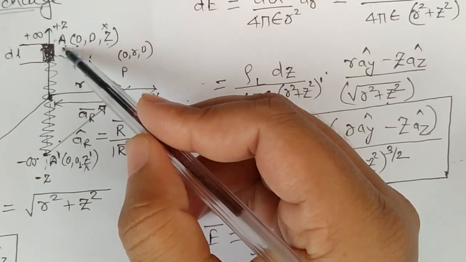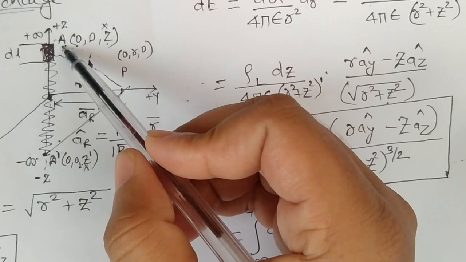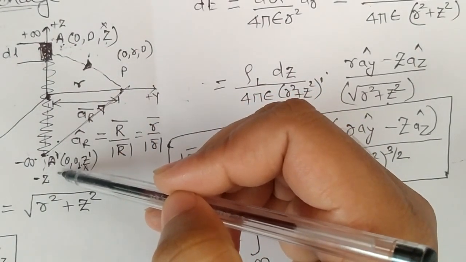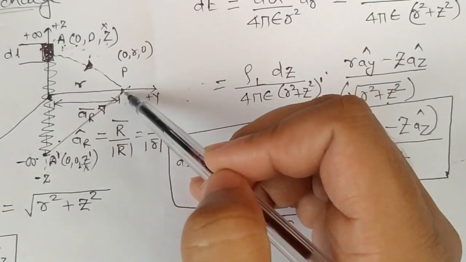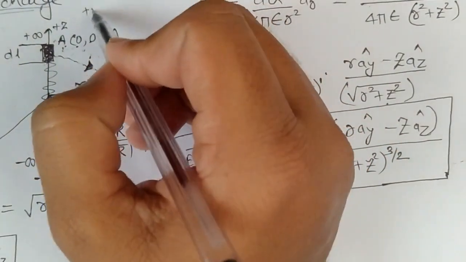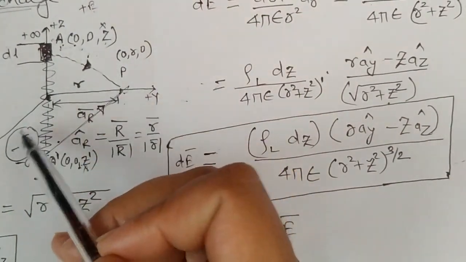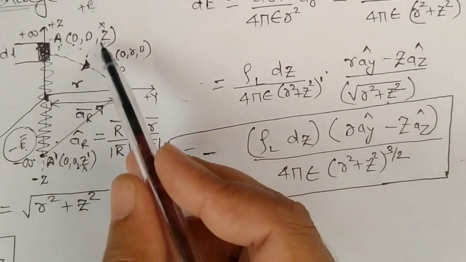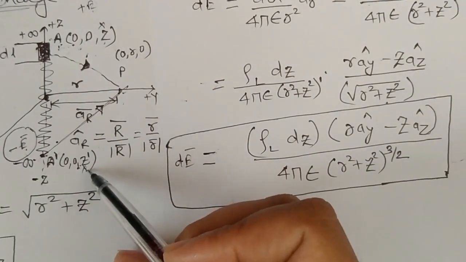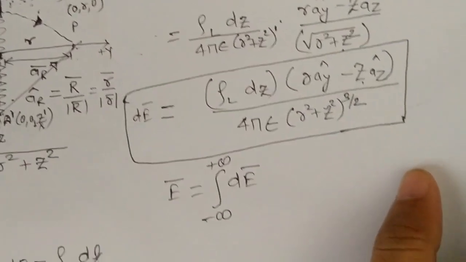Point A is located at some distance from the origin, and A dash is located at the same distance. Therefore the electric field intensity generated because of point A will be equal to the electric field intensity produced by point A dash. The only difference is that one will be positive and one will be negative. Therefore positive and negative, the net effect will be equal to 0. So the electric field intensity is plus E bar for one and minus E bar for the other. If we add these two, the net effect will be equal to 0. So the electric field equals 0 for the Z component, and therefore in this equation the Z component will vanish, leaving behind only the Y component.